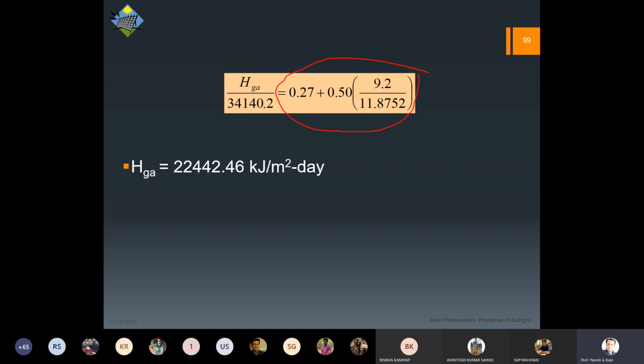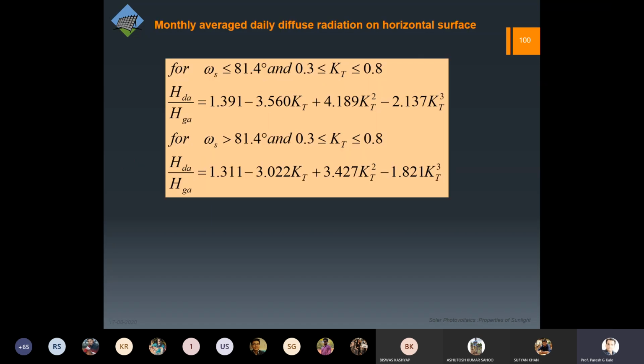Now, obviously, what we have calculated is the global one. So in this global, we have got 3 components: your direct, diffused and the albedo. And if we take it roughly, as I have already told, 10% of direct radiation will be the diffused radiation. So of course we can do that assumption, but definitely we can calculate it, right? We can estimate it.